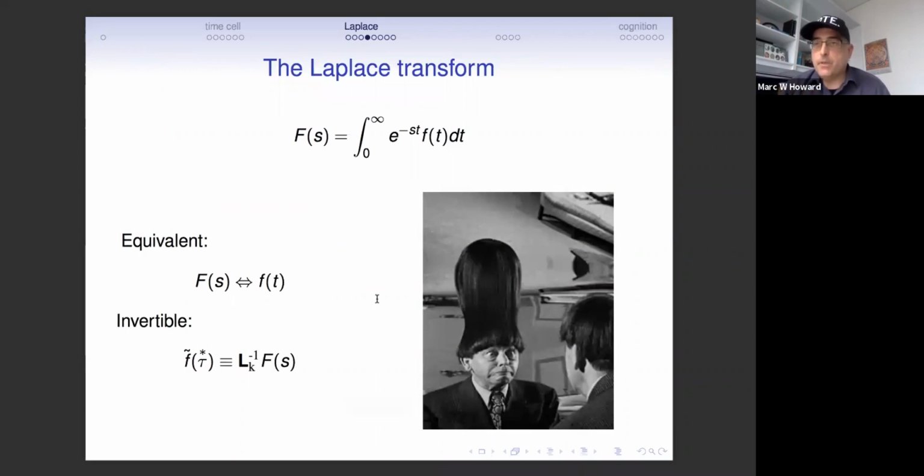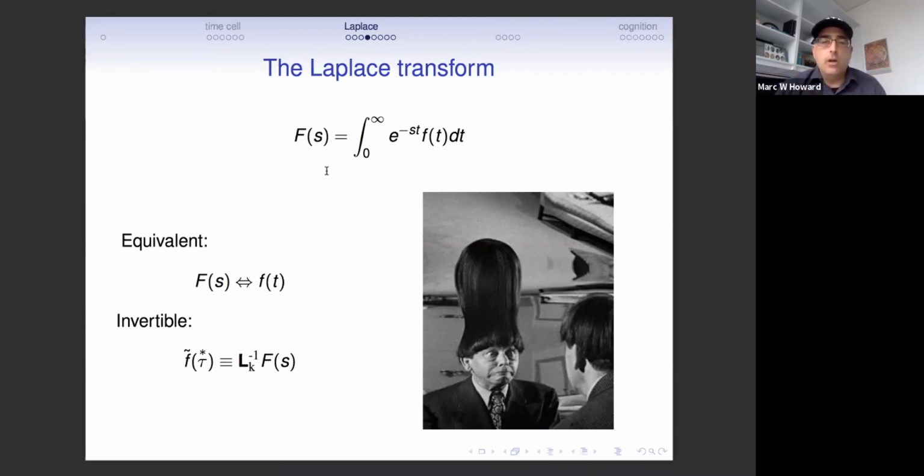More formally, and this is sort of where we started, we can say that a population of cells with exponential receptive fields, that's all I'm showing you right here, F of s, is just a population of cells with a set of exponential receptive fields with different values of s, being activated by the actual history, taking into account the actual history. That's the real Laplace transform of f of t. So the real past is related to the Laplace transform in a one-to-one relationship.